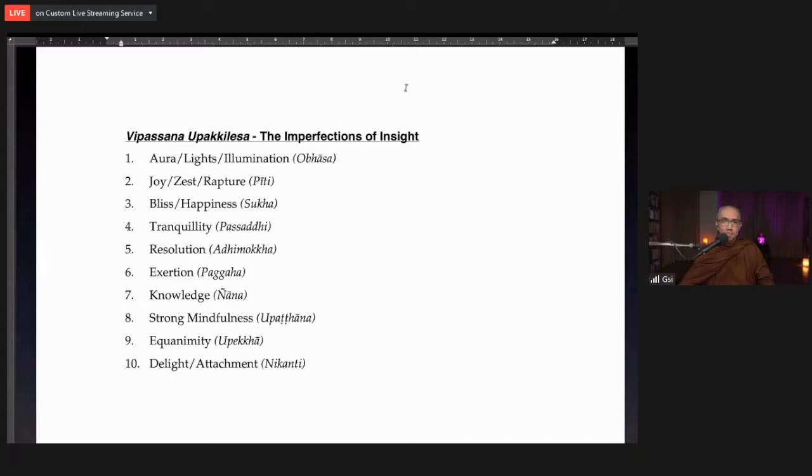So these things still come in. Doesn't mean that Upekkha, Piti, Sukha, Passaddhi don't come in even at the Arahant level. At the Arahant level they still have Upatthana, strong mindfulness, definitely. They have Jnana, they have exertion, they have all these things except number 10. So for most of us,